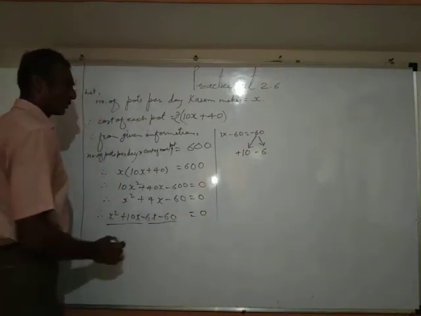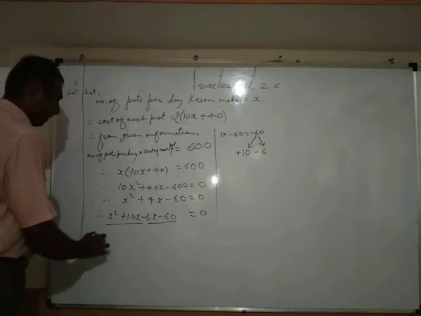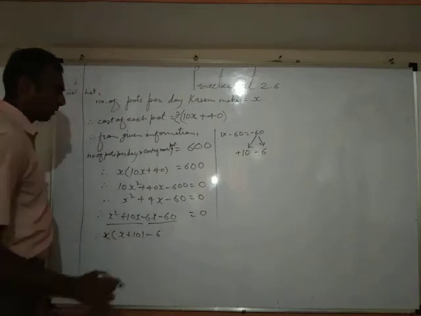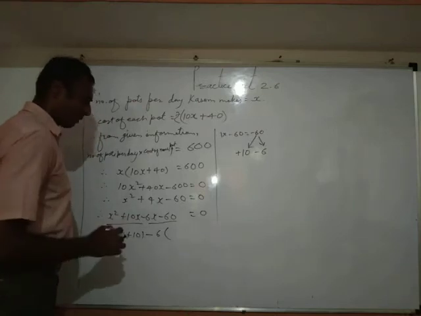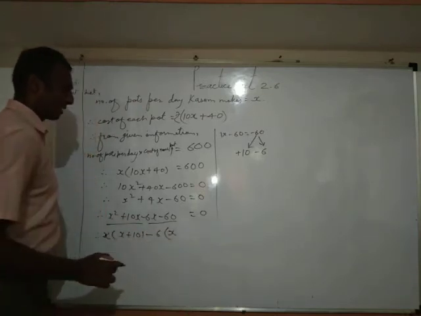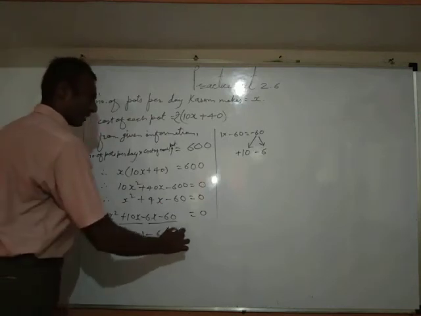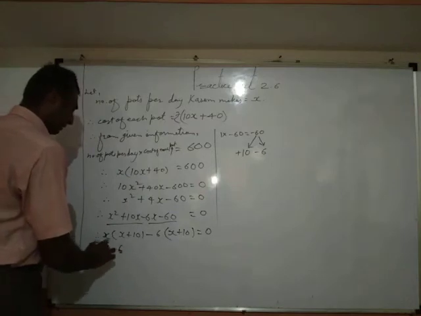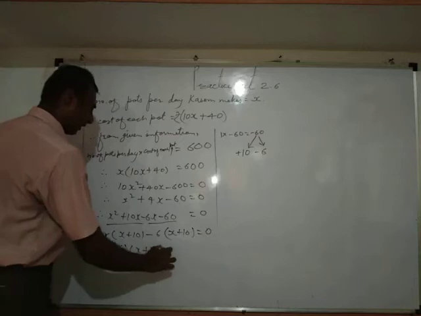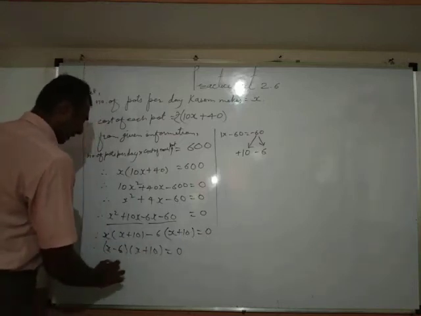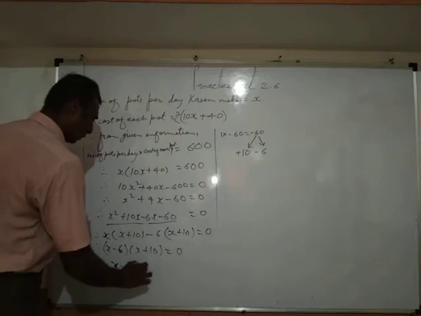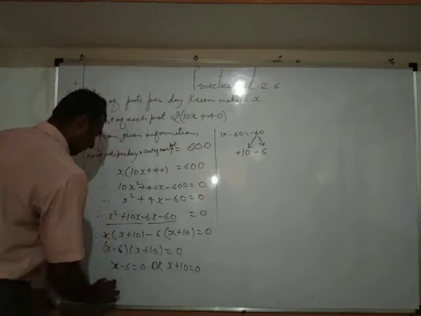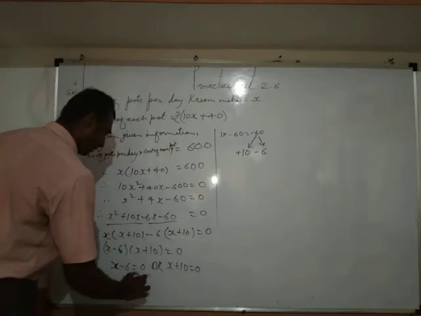Group the first two, group the next two. From the first group we may take out x common, in bracket x plus 10. From the next group we may take out minus 6 common, minus 6x divided by minus 6 gives us quotient x, minus 60 divided by minus 6 gives quotient plus 10, that equals 0, and therefore in one bracket x minus 6 into another bracket x plus 10, that equals 0, and therefore x minus 6 equals 0, or x plus 10 equals 0, and therefore x equals 6 or